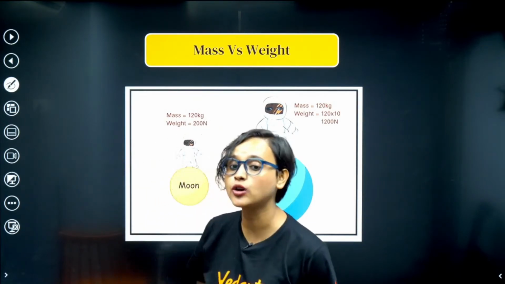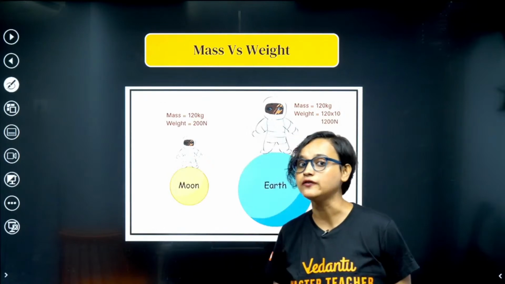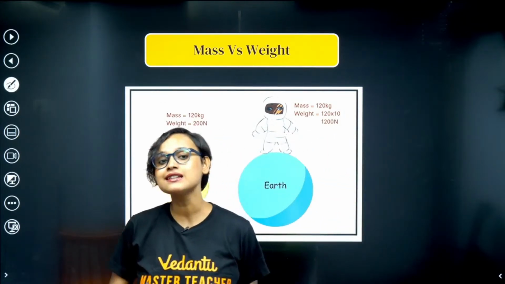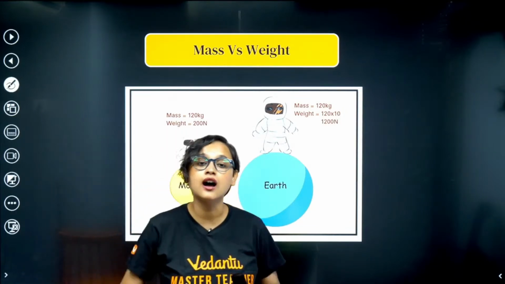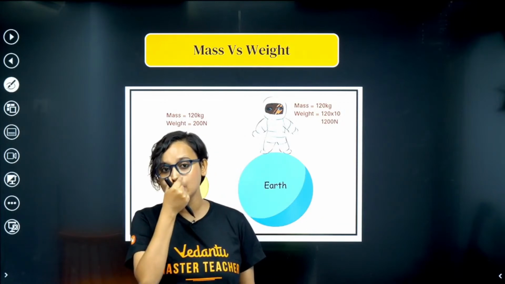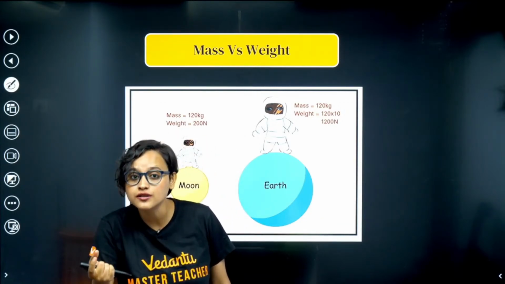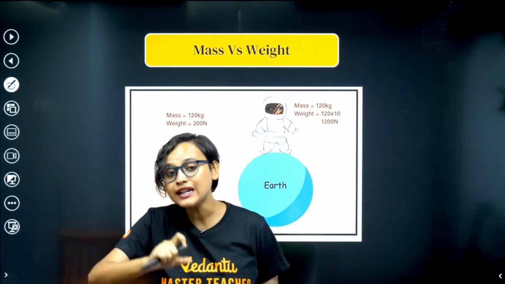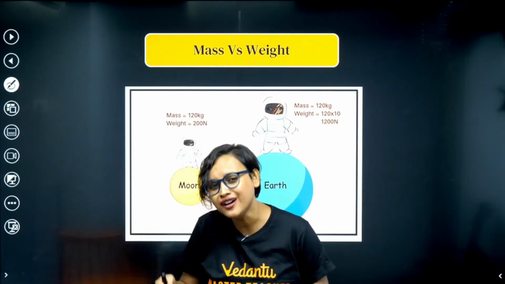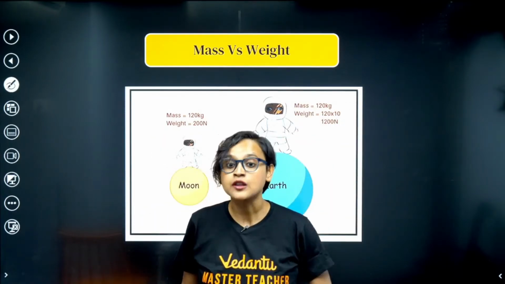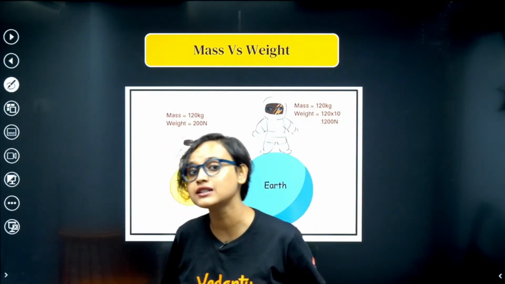Okay? We just spoke about mass. Now please don't get confused that mass and weight are two different things. Mass is the innate property. Mass means the amount of substance that is present with something. Whereas weight is actually a force. Weight is the product of mass and gravity. So weight might change. When you are on earth, your weight will be different. When you are on the moon, your weight will be different. But your mass will still remain the same, my dear student.